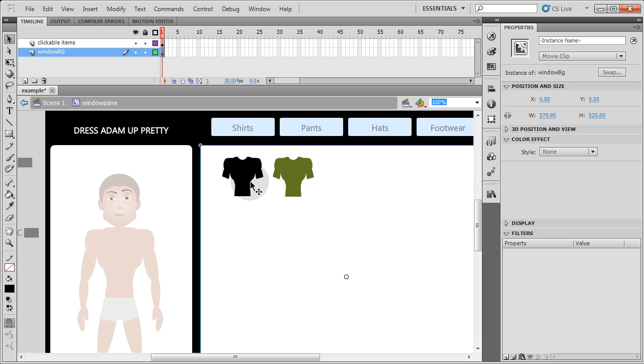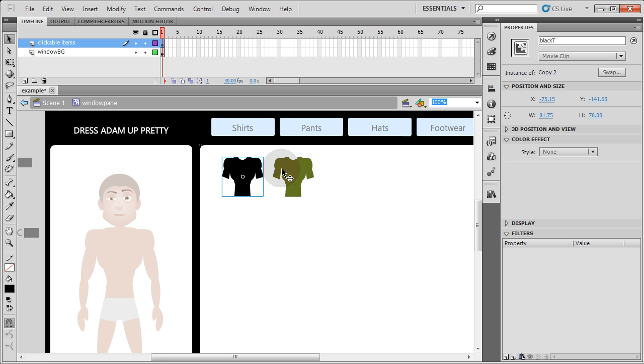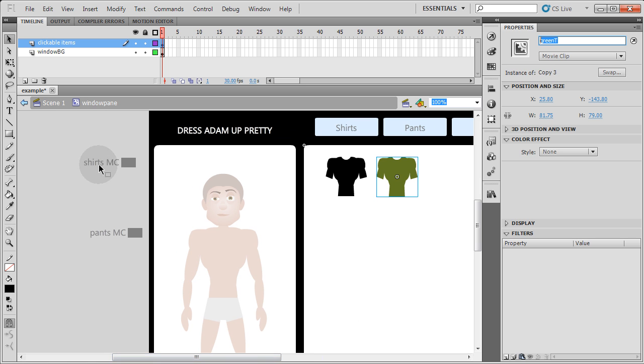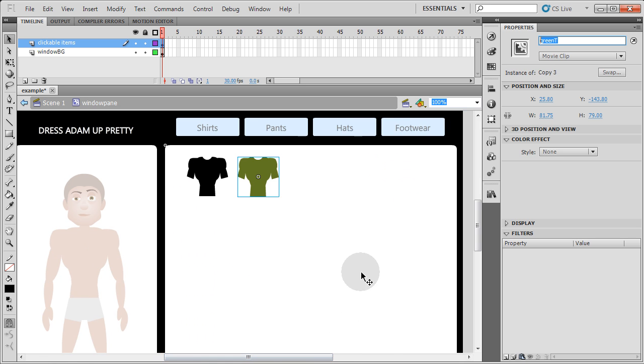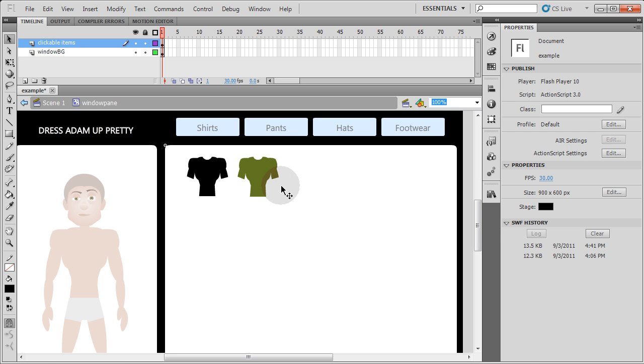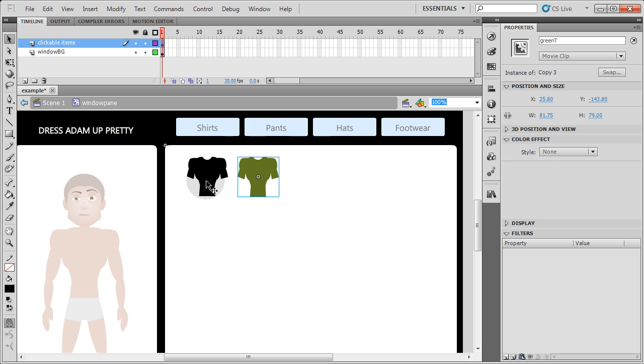So the important factor to remember is that we're giving each clickable little movie clip the instance name that corresponds to the frame label that this shirt would represent within the shirt's movie clip sitting right here. As long as you understand that, when we put the array in the little loop to add all the event listeners in a really slim sort of way, we're using these methods to make the code more slim. That way we can use an array and add event listeners through a loop in just a few lines